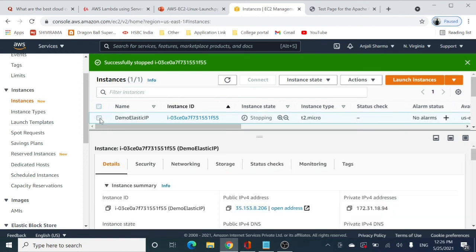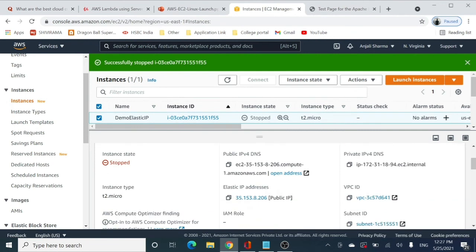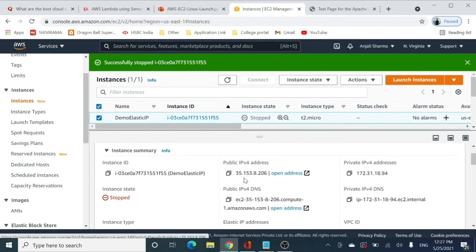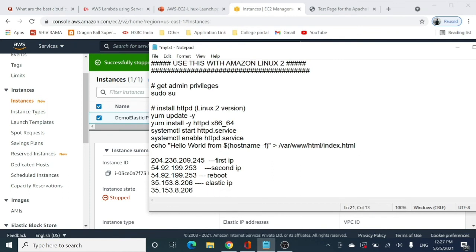If we check our instance over here, the instance is successfully stopped, and you can see the elastic IP is 35.153 and the public IP is 35.153.806. So even if we have stopped the instance, the IP address associated with my EC2 instance is the same as my elastic IP.